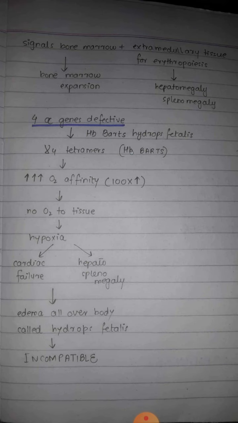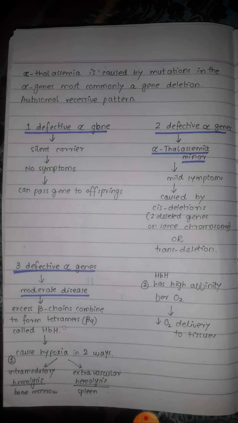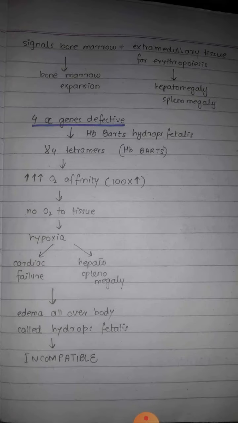We know that in the fetus we have fetal hemoglobin or HbF, and in fetal hemoglobin we have 2 alpha chains and 2 gamma chains. Now alpha chains are not present because of deletions of the alpha gene. So gamma chains are present. These gamma chains combine with one another and result in the formation of gamma 4 tetramers, same as beta 4 tetramers which were formed in HbH. Now this type of hemoglobin in which 4 gamma chains are present is known as hemoglobin Bart or Bart's hemoglobin.